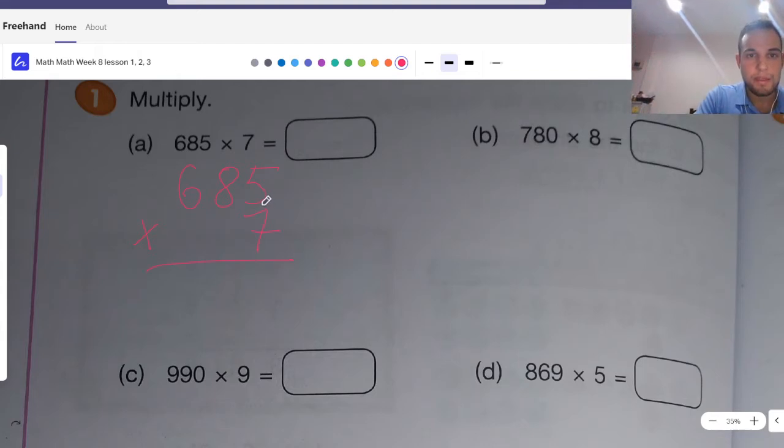And then let's carry our numbers. So 7 times 5 is 35. So we put our 5 here, and we put our 3 here, right? No, you're right, it's wrong. It's over here. Good. And now, 7 times 8